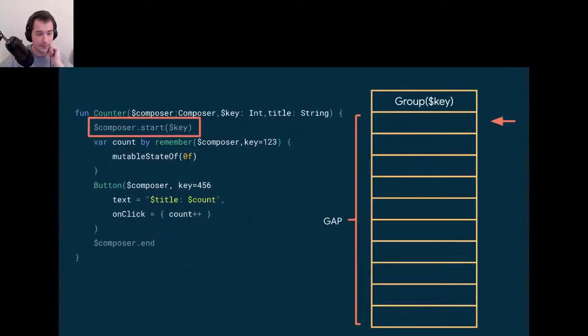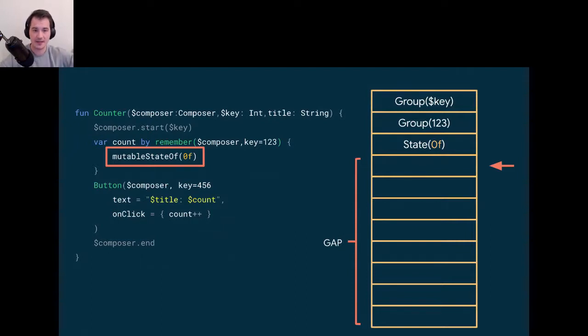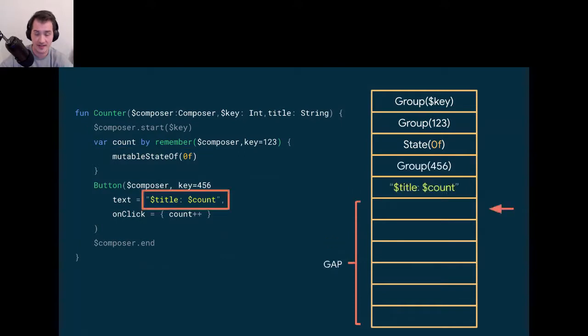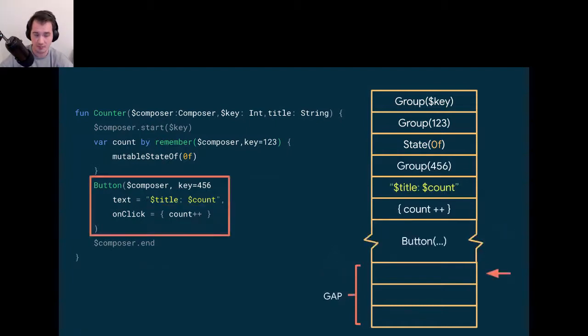So we have this gap buffer, and we can put stuff in it, right? We can say, okay, I put the key, and then I put this key, and then I put mutableStateOf, and I understand this mutableStateOf goes directly after the 1 to 3. And then we store the rest, right? We store 4, 5, 6, we store the text and onClick, basically all the input parameters. As I described in positional memoization, we just put all the parameters and then we put the thing itself. For example, a button can have an arbitrary implementation. We don't care about it. It will just be a bigger slot table.